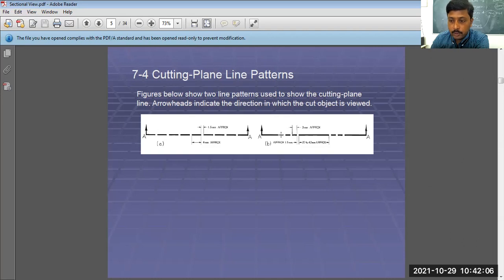One is of 20 to 40 mm depending upon your drawing or the section that you are going to cut. The second line is of 3 mm approximately, and again the space between will be the same, that is 1.5 mm approximately. Okay, so keep this in mind: cutting plane line patterns.